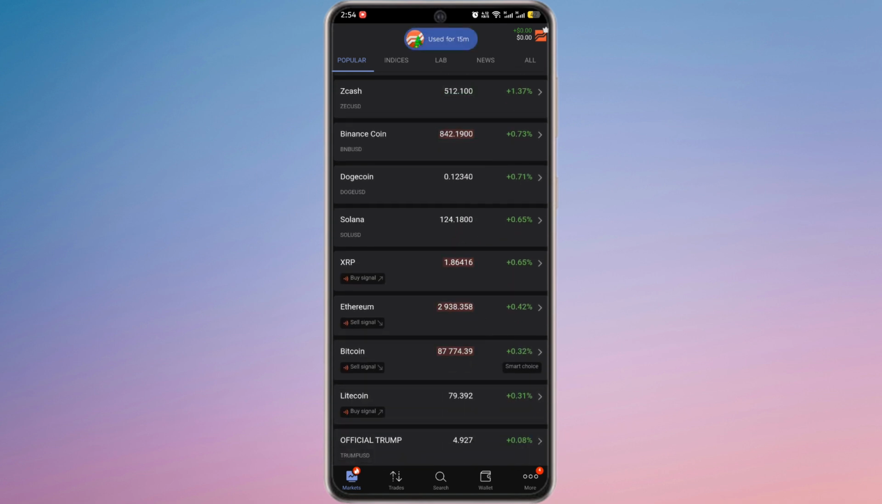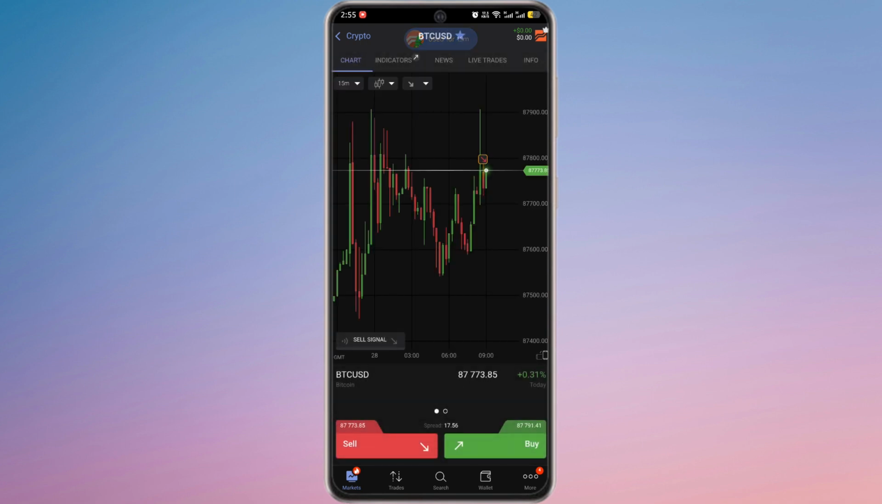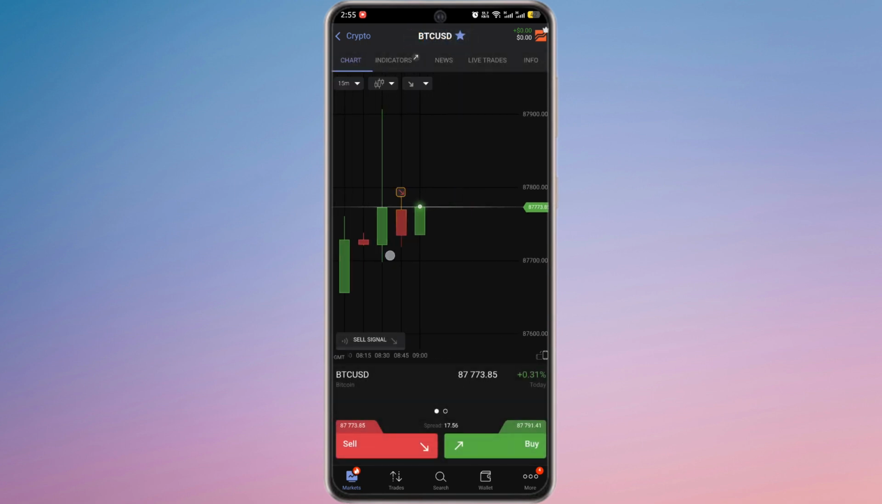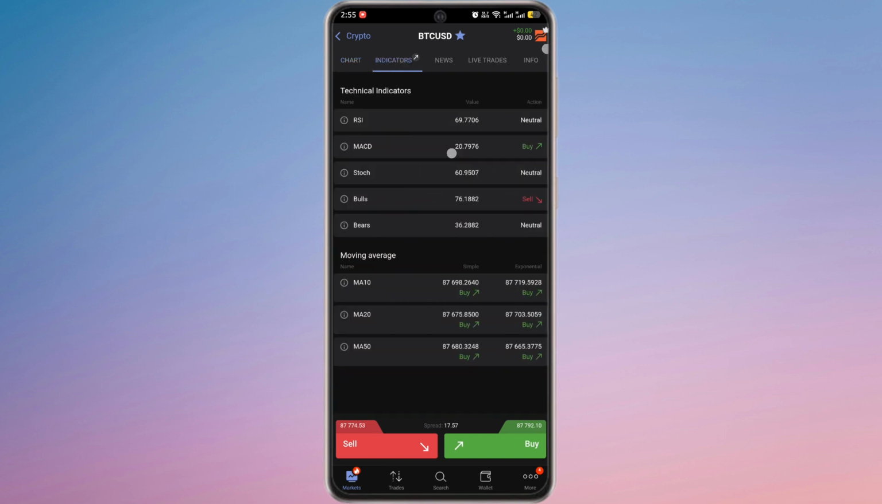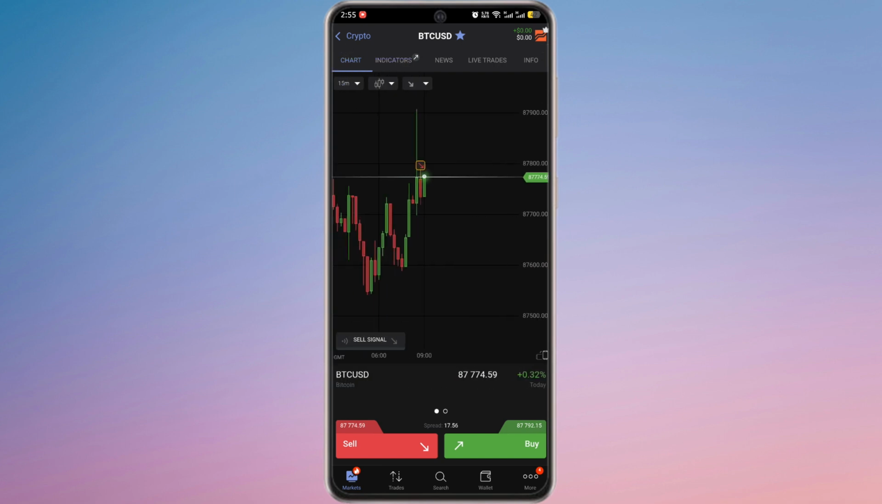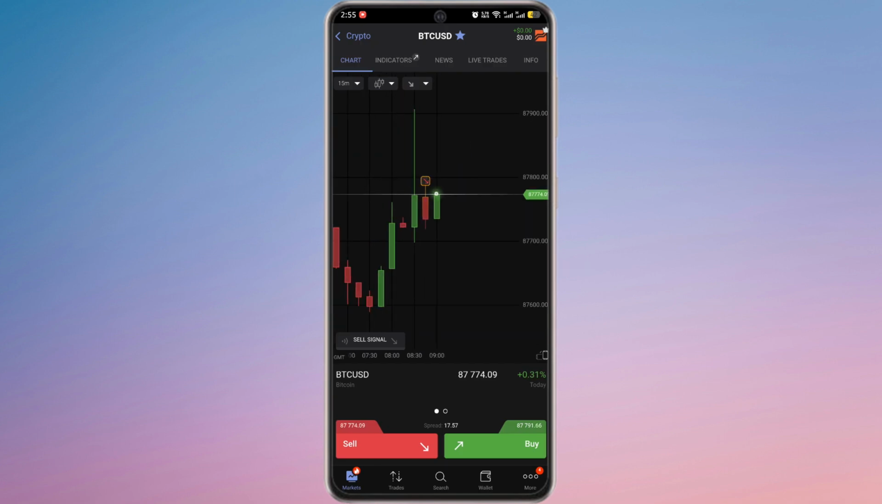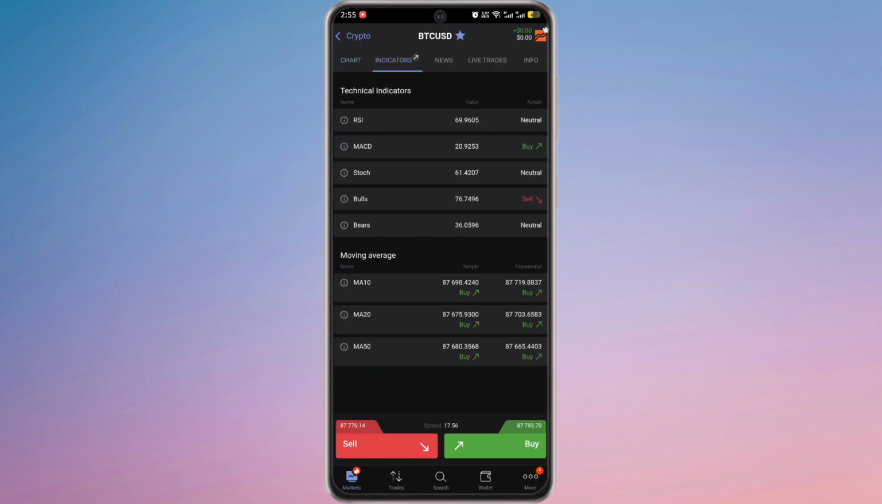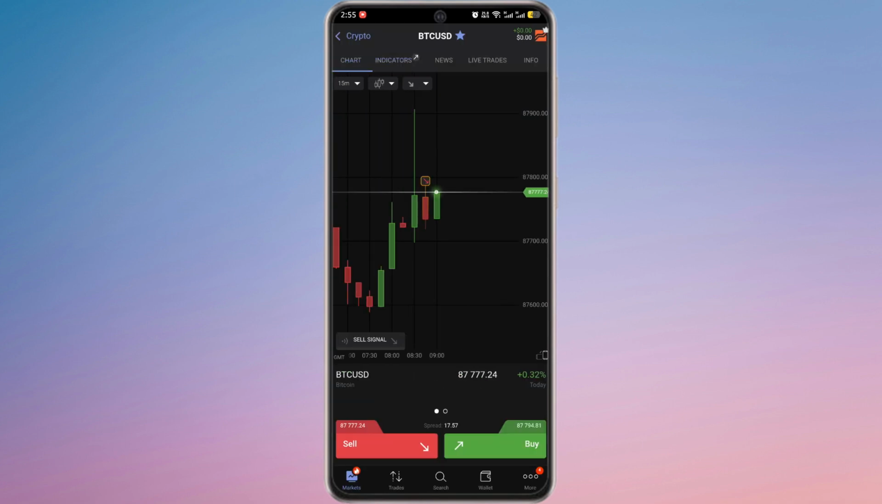Browse through the list and choose the cryptocurrency you want to trade. Before placing a trade, check the chart and use indicators to analyze the market trends. You can view price movement, candlestick patterns, and apply technical indicators like moving average or RSI to help make informed decisions. Once you are ready, tap buy or sell depending on whether you expect the price to go up or